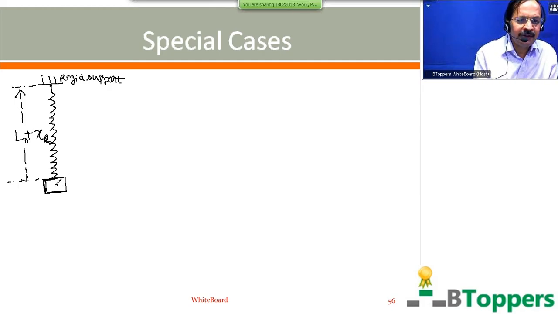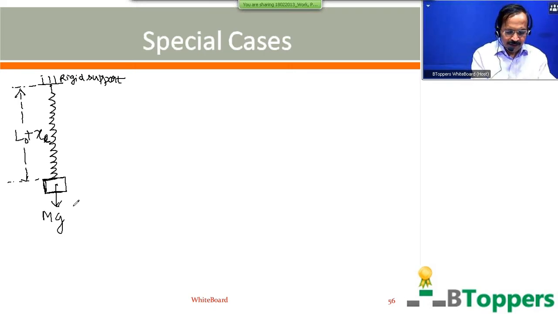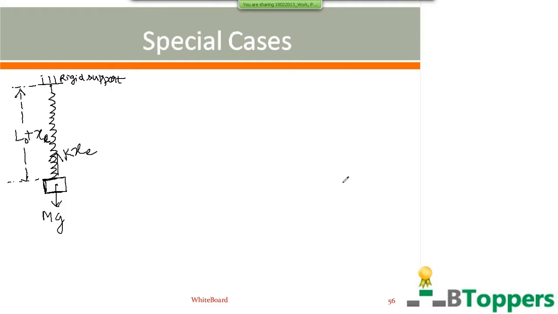So here two forces are acting on the block in the original equilibrium position. Its weight mg acts vertically downwards, and the elastic force by the spring acts upwards. The block exerts a force on the spring in the downward direction, so the reaction force by the spring on the block acts upwards.